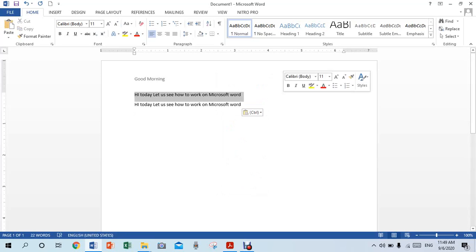If you want to cut this and paste it here, you can click on the cut button, right click and click on cut, and paste it here.